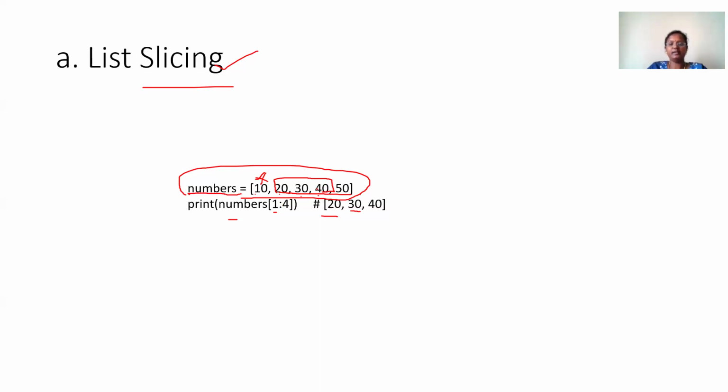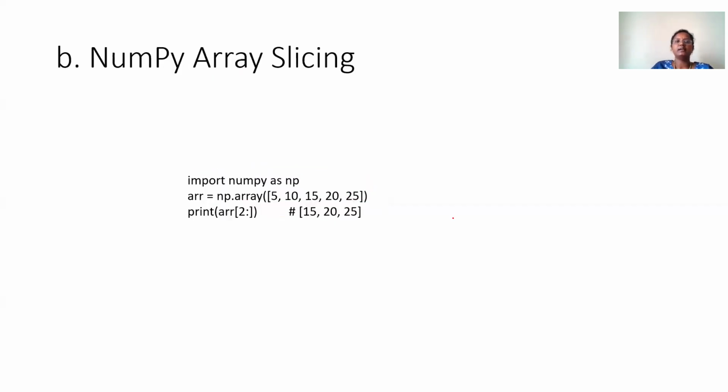You can have a doubt here. We have given the 4 here, but why did we not include 50? See, this slicing means it has to start from the first position and stop before the fourth position. The range started from 1 and it is between 1 to 4. So in that condition, we have to exclude that fourth data. Before 4, how many data are available? That we have to enter: first position data, second position data, and third position data. That is list slicing.